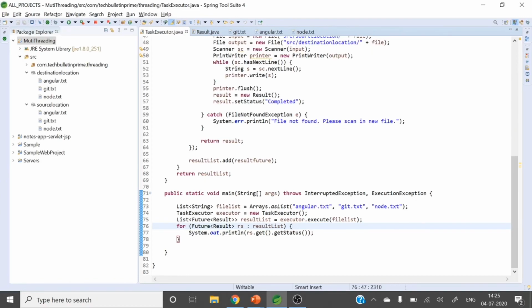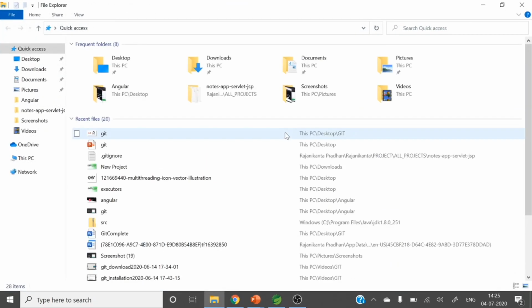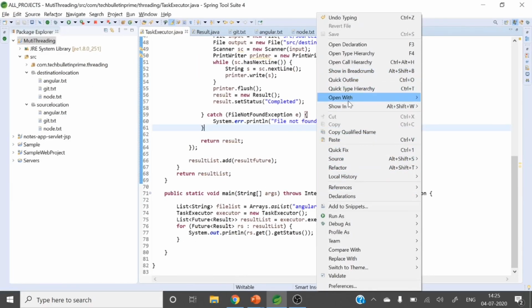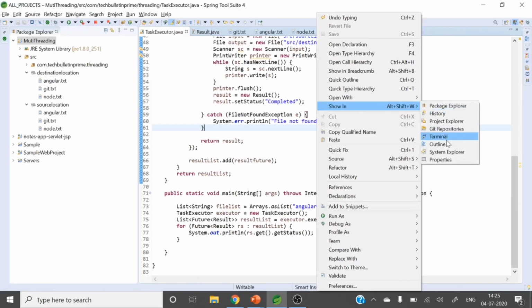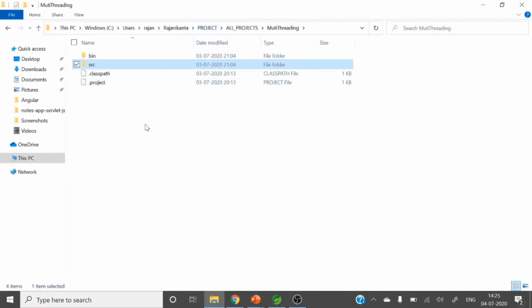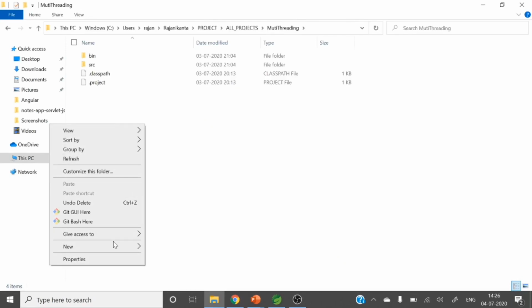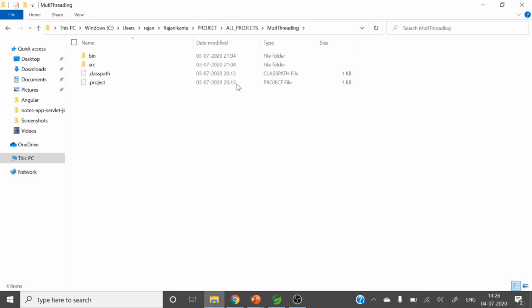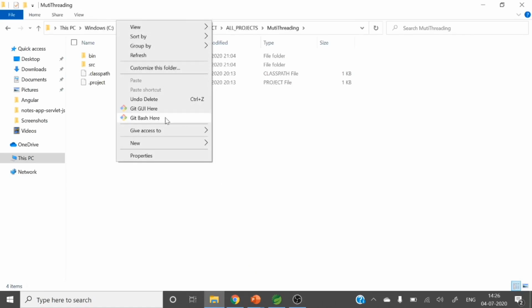Okay, so let me push this project code to my GitHub repo, so that if you want, you can directly access it from there. So let me go to this project folder. Let me open git bash here.